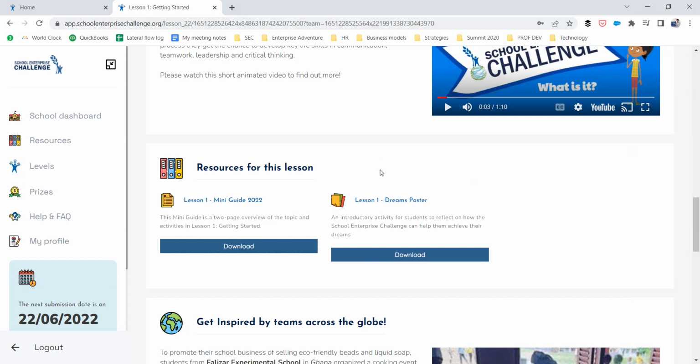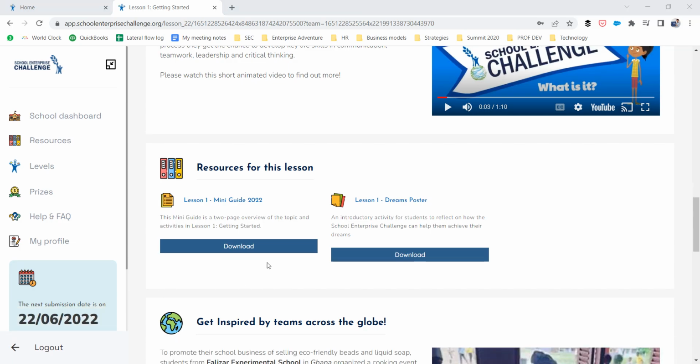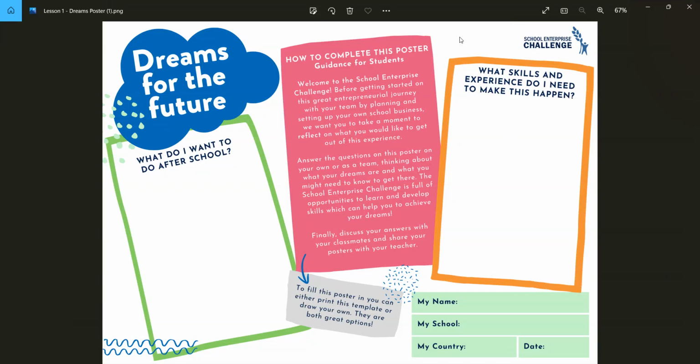Then I can see there's another resource, which is the Dreams poster. Your students will need to do a Dreams poster, so you'll need to download it, open it, and print it for as many students as you have in your team. If you don't have access to a printer, you can just ask the students to draw it themselves on a